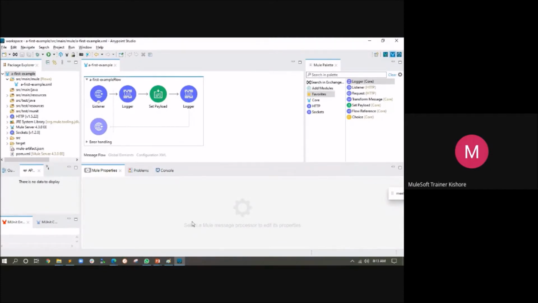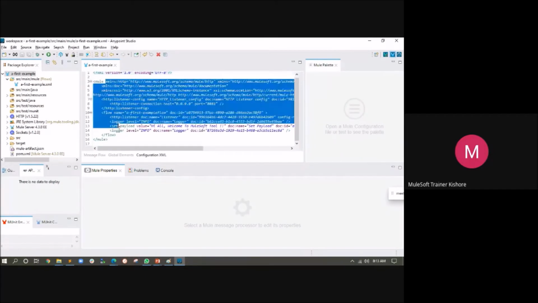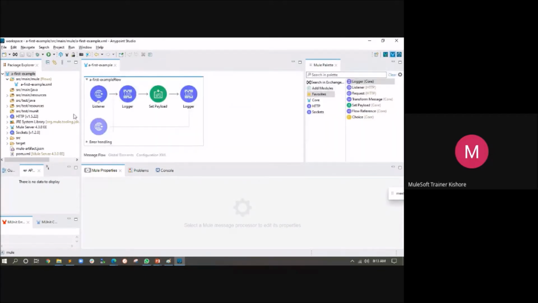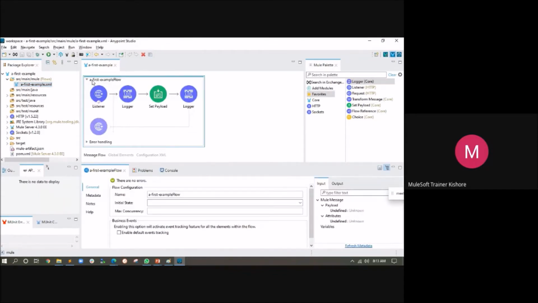So when you develop your code, it looks like this. This is the code you have developed. In your project, you may have one or more configuration files, but at least you should have one file. That is about your Mule configuration file. In the Mule configuration file, what you will write is called your Mule flow. So the core component of your Mule application is the Mule flow. So a flow is something like this.